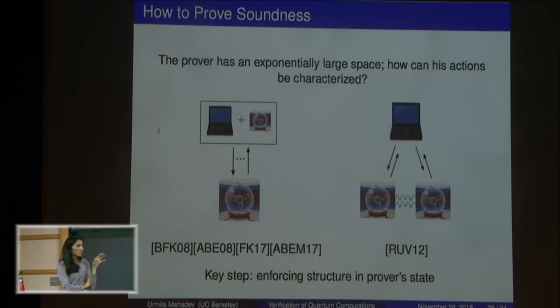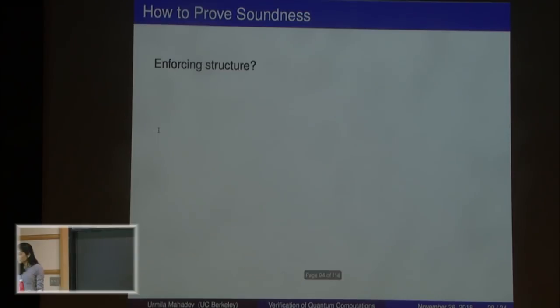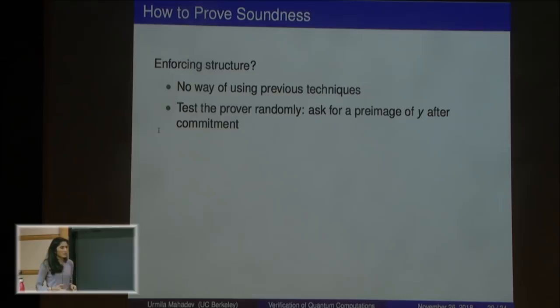So that was the key part of the soundness proof there. And in my protocol, I still have to enforce some structure in the prover's state. But of course, I can't use previous techniques because the verifier doesn't have a small quantum computer and he's only interacting with one prover. So what I do instead is I change my commitment protocol to include something called a